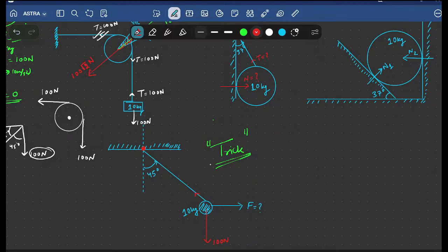Now understand very carefully. If it is T tension, then what generally people tell you to do is to break the forces into components, right? So here we need the concept of parallel lines, right? Understand carefully.